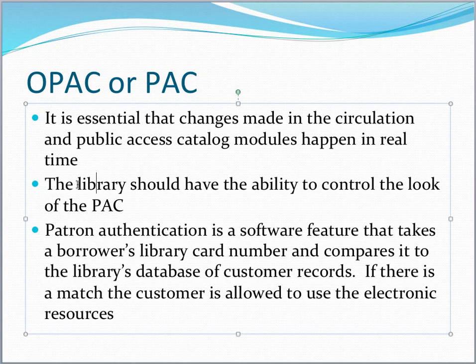public access catalog. Patron authentication is a software feature that takes a borrower's library card number and compares it to the library database of customer records. If there is a match, the customer is allowed to use electronic resources. We mentioned that at the beginning: the ILS needs that implementation when your patrons can access resources remotely, and they can check electronic resources such as databases and ebooks, etc. So authentication of patrons is a very important feature for